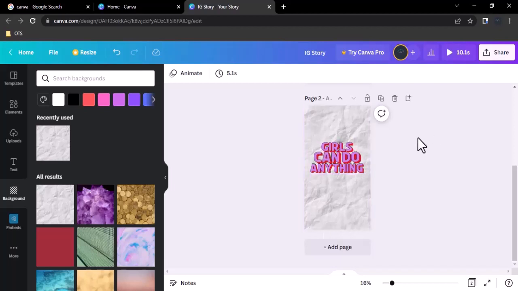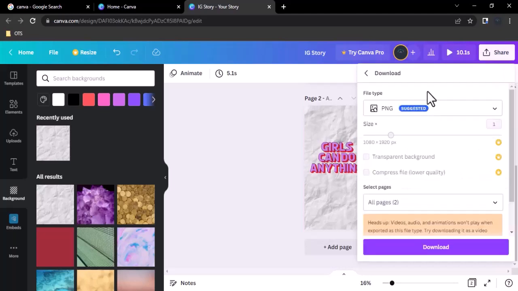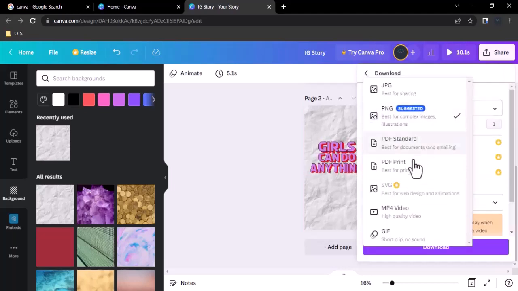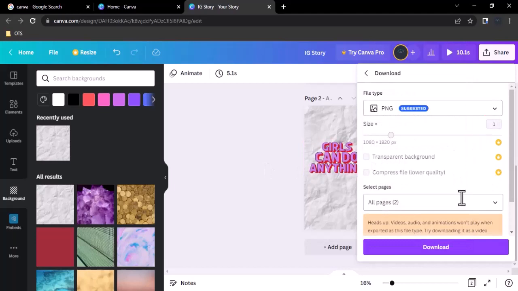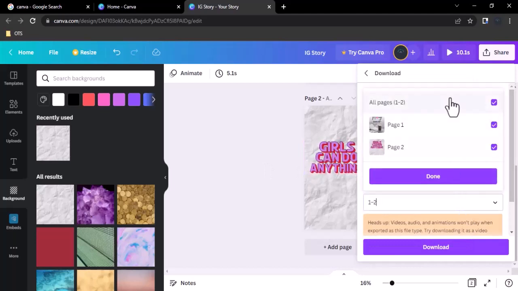That is a very simple Instagram story you could create, which you could download here as a PNG, or you can download as an MP4 or as a GIF with no sound. So there's a variety of options, and once you've clicked what you would like to do, you could also download